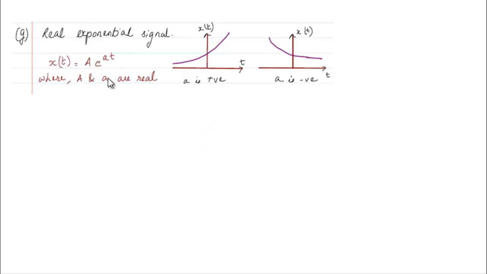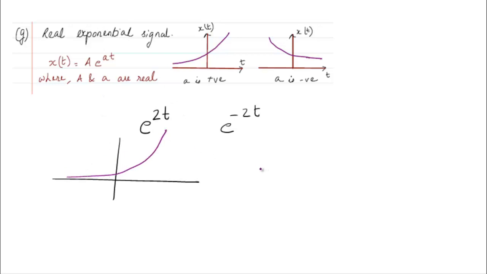So it's an exponential signal, which means we have e raised to power a, and a can be either positive or negative. If I take plus 2, then e raised to power 2t, or negative, e raised to power minus 2t. Always what we have to know is, with respect to time, for e raised to power 2t the signal goes up exponentially, whereas for a negative a value, or minus 2t, the signal goes down with respect to time. It reduces with respect to time.